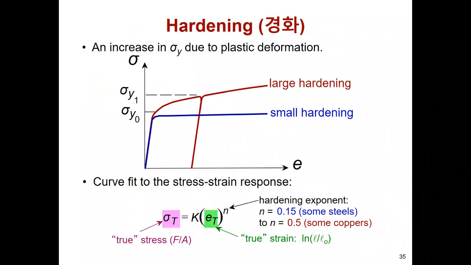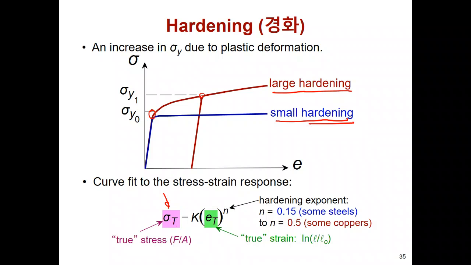So next is hardness. When we apply a loading and unloading cycle, the yield strength is slightly increased. That kind of process is the hardening process. If there are big changes at that time, we say it is large hardening. But if the solid material experiences perfect plastic deformation, then there is no hardening, so we don't need to think about hardening for the solid material. But to fit that kind of relationship, so this is a